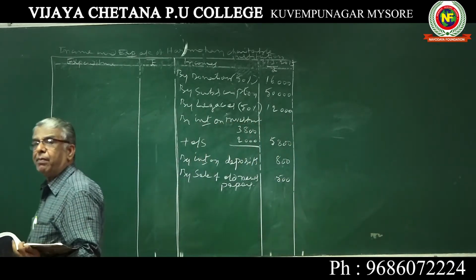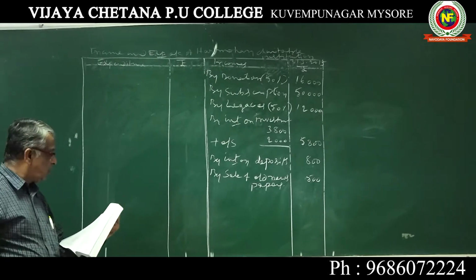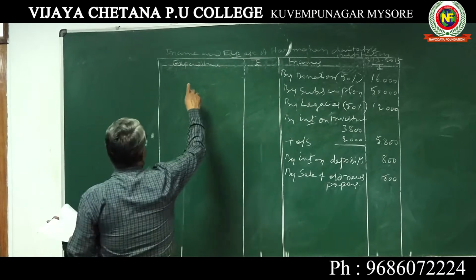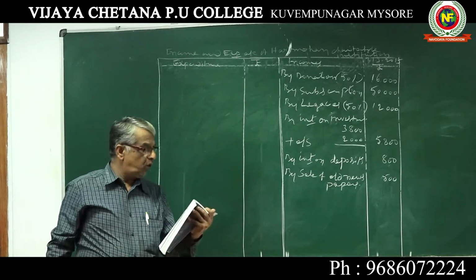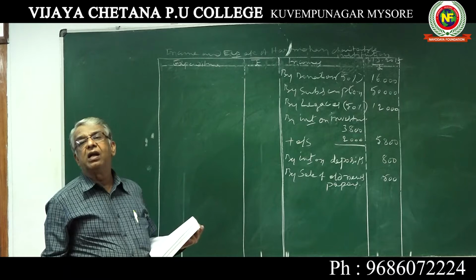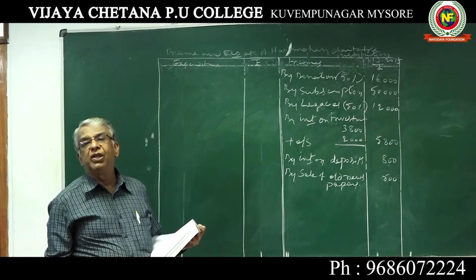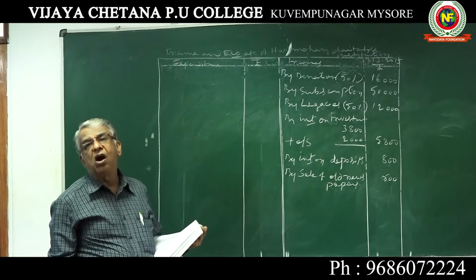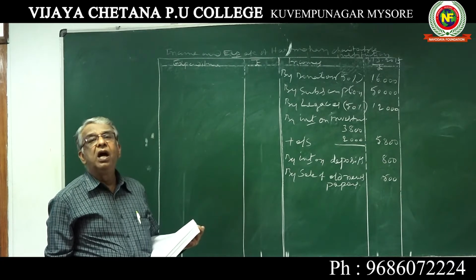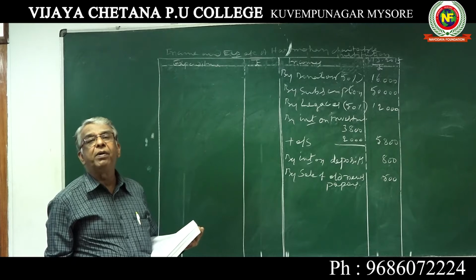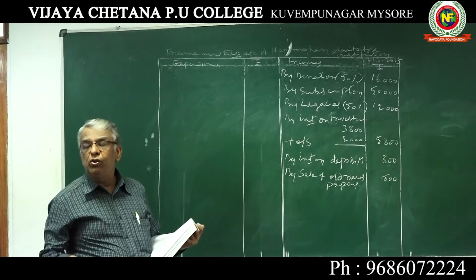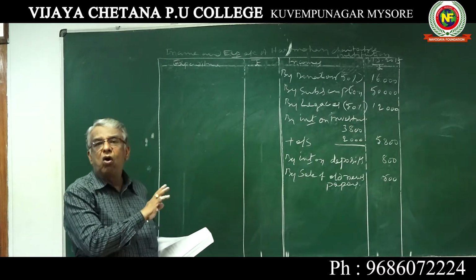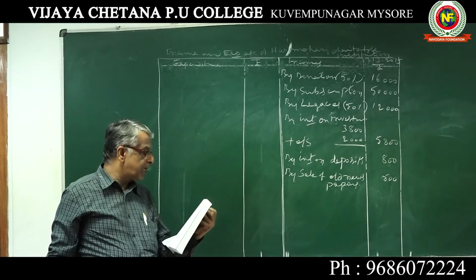Now you come to the payment side of the receipts and payments account. In the payment side, you have to take all payments on the expenditure side. Here is given furniture. Furniture is a capital item that should not be taken into account. It is furniture purchased by the non-profit organization. It is not a revenue expenditure. It is a capital expenditure because we are going to use this furniture for a longer period. Therefore, that should not be taken in the income and expenditure account.